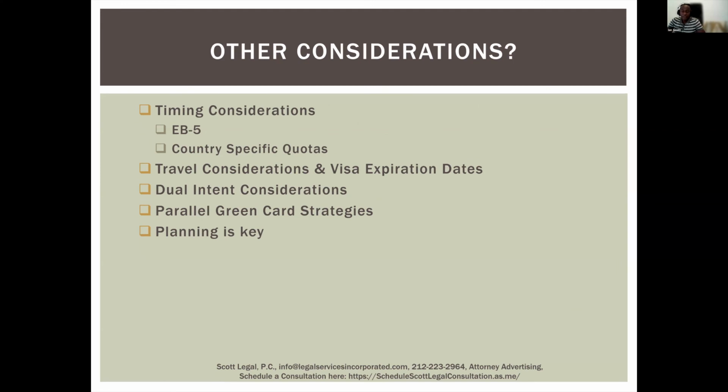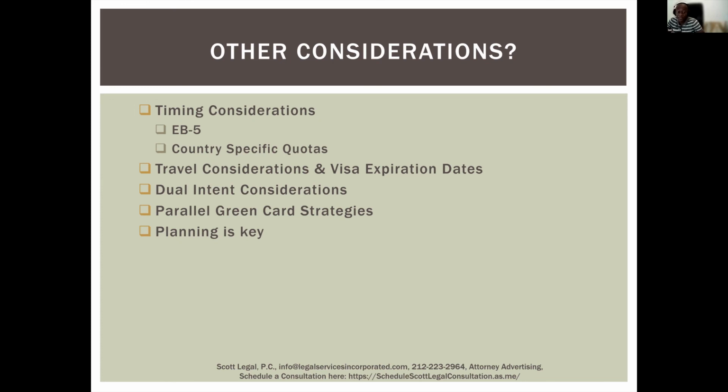So, timing considerations with EB-5: the I-526 petition takes years, sometimes 4 years, to be adjudicated. And then you have to add in more time if the person is from a particular country, like China, for example, and sometimes other countries have been delayed, what we call retrogressed, because only so many visas get issued to each country. So something to consider: if you're in the US on a particular visa, you have to really plan everything out so that you maintain your visa status as you're waiting for the EB-5, and kind of monitoring when you're able to travel and when you're not.